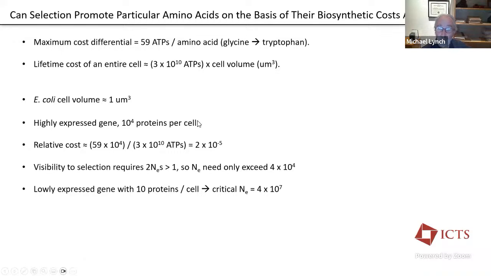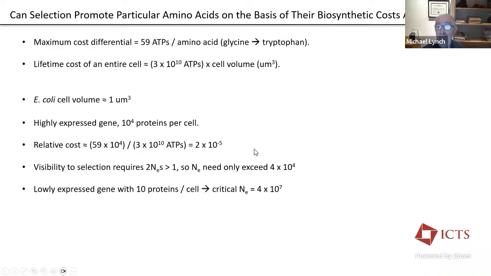So in E. coli, natural selection operating in a bacterial population like E. coli really would be able to discriminate these two amino acids. There could be selection just based on the bioenergetic investment in 2 different amino acids like this. As I said, this is as good as it gets, because these are as far apart on the spectrum as you can be. But for a highly expressed gene, E. coli could make that discrimination.